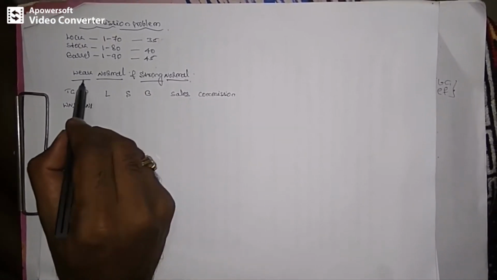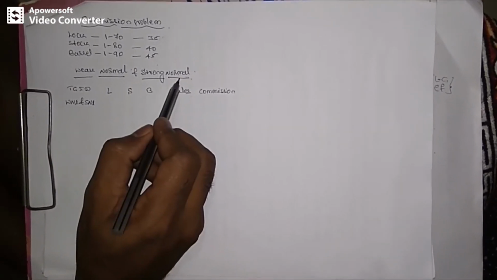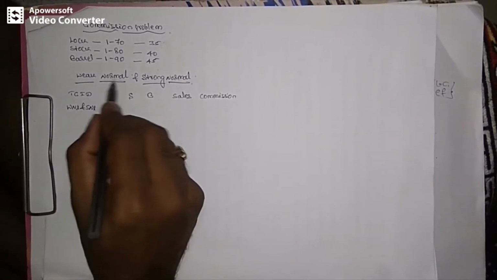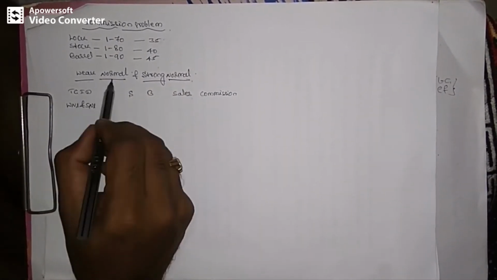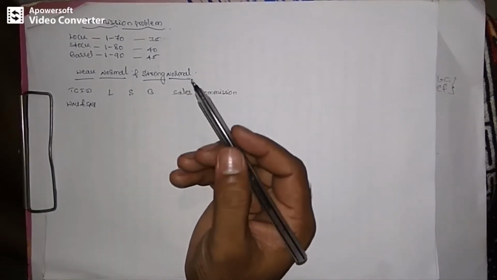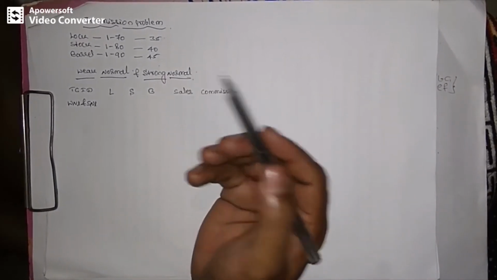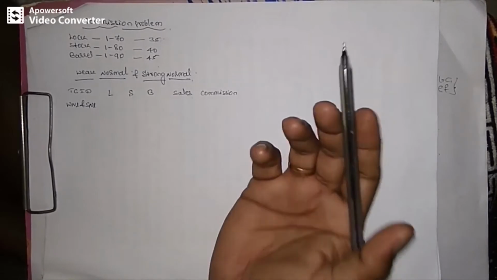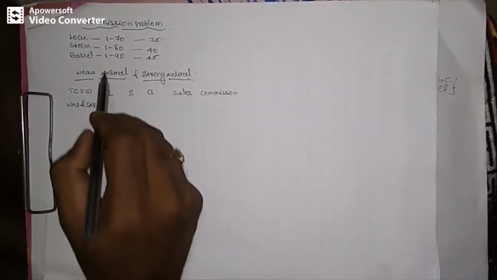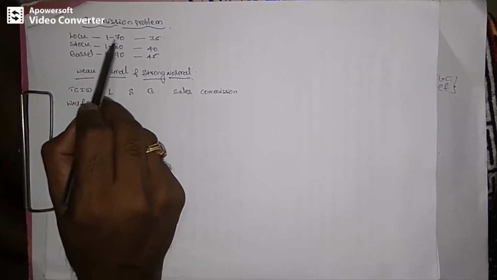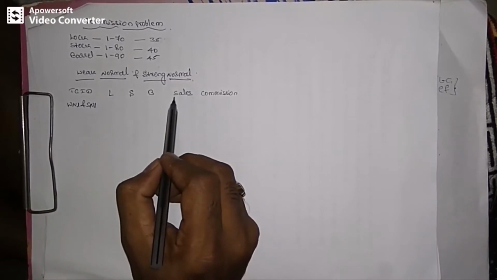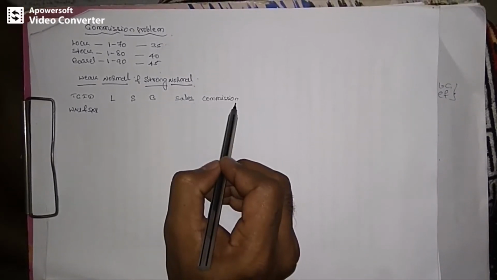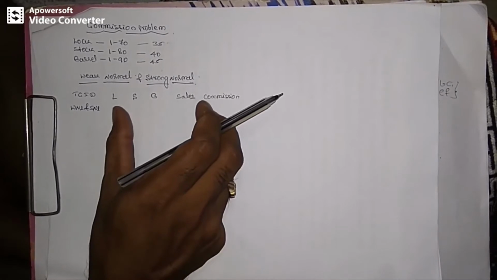Now we will start to write the test cases for weak normal and strong normal together. I told you both are the same test cases, therefore we are writing them combined. Weak normal is when we specify valid input variables for a program, and we look at the expected outcome or possibility of outcome. For the commission problem, if I specify any value between 1 to 70, 1 to 80 and 1 to 90, I will be expecting some sales as well as the commission for that sale. This is my expected outcome.